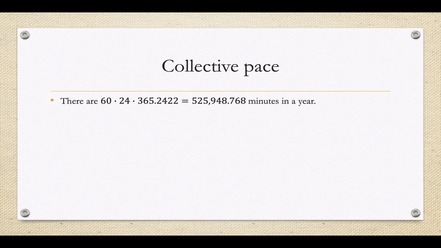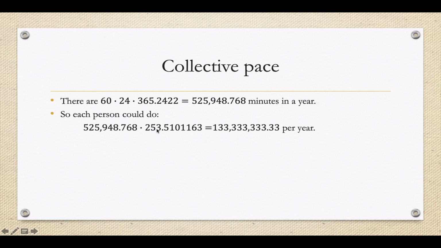I guess I need to know how many minutes there are in a year. Well, there's 60 minutes in an hour and 24 hours in a day, and a little bit more than 365 days in a year to account for leap years and such. So if you multiply these three together, you figure out that there are roughly 525,000 minutes in a year. So if we have our pace of 253 or so clicks per minute, and we multiply that by the number of minutes per year, 525,000 give or take, we figure out that each person could complete 133 million clicks per